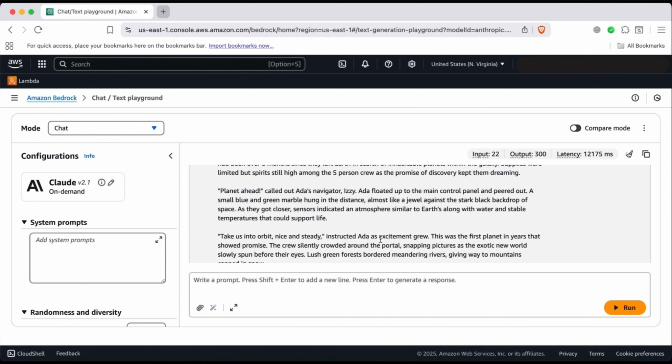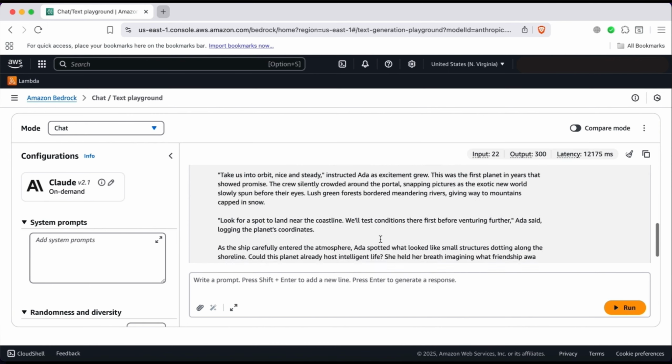We can review whether the tone, length, or style aligns with what we need for our project. For example, if you want a lighter tone or more technical details, we can refine the prompt and run it again. So, this step helps us evaluate if this model's output meets our content needs before we integrate it into our application.